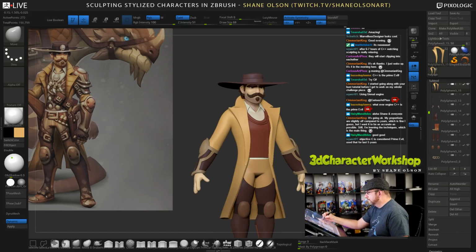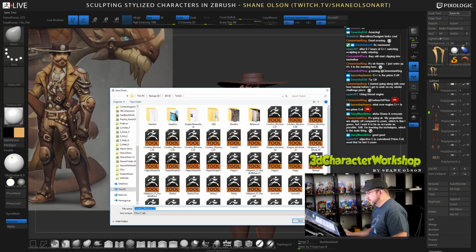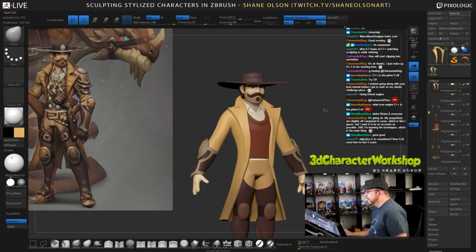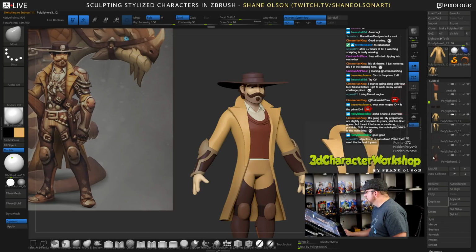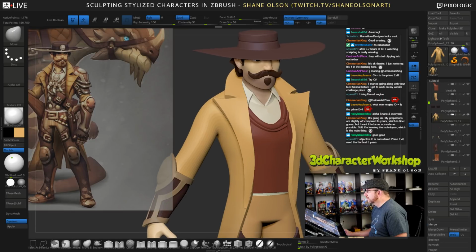Okay. Now I'm going to try something, so I'm going to save it first. What I'm going to do is I'm going to combine the coat and the collar together. Just merge them. Okay, and then once you do that,